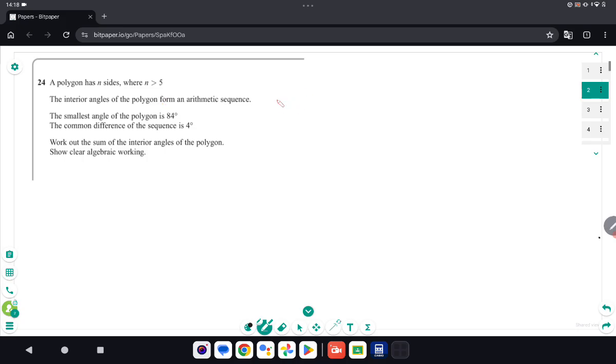sequences. So we know the interior angles of the polygon form an arithmetic sequence with the smallest angle being 84. So we know a is 84. Common difference is 4. We don't know what n is, but this is to do with the sum of the interior angles. So we know we might need this formula here. Don't know n, so I'm only going to be able to come out with an expression here. If I put that information into my sum,